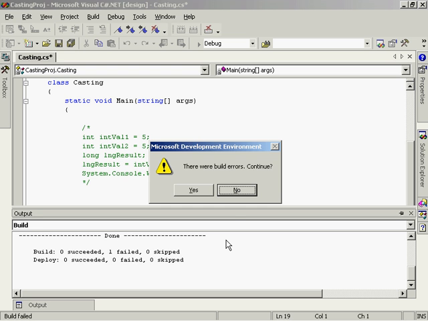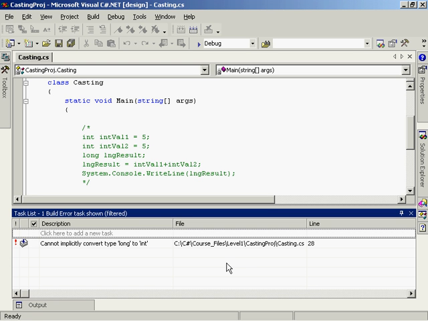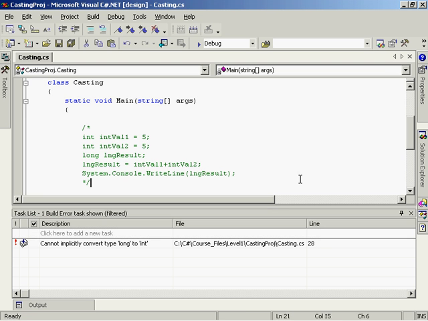You'll notice that this alerts me that there are some build errors. Let's not continue, but let's look and see what those build errors are. This little list here will give me a list of the errors that took place in the build. What it tells me is that we cannot implicitly convert type long to type int. In other words, on line 28, there's a problem in doing the implicit cast. If we take a look at line 28 in the code,